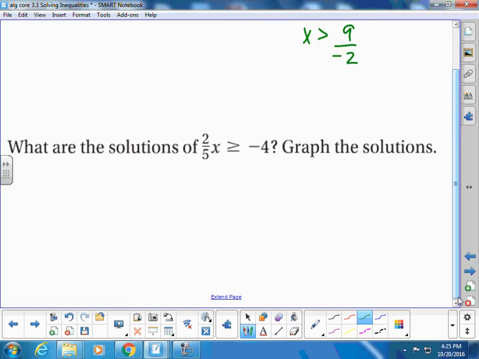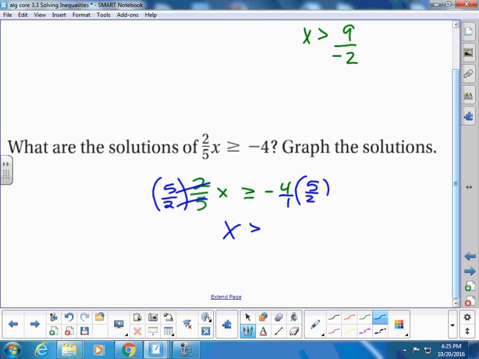So what are the solutions to this, and we're supposed to graph the solution? So another one, I have 2/5 x is greater than or equal to negative 4. So I want to multiply by the reciprocal. I'm going to multiply by 5 over 2 on both sides. Sometimes we do this over 1 so we can remember this rule. So those again are going to cancel. I have x